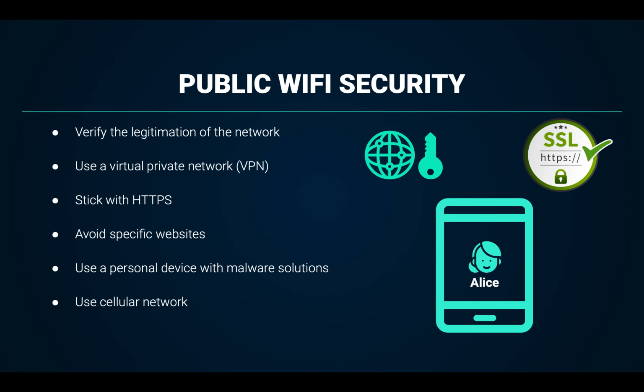In terms of public Wi-Fi security, the first way is to verify the reliability of the network by asking the owner. A VPN can hide the data flow from malicious interception using a private network tunnel. HTTPS is using a very strong public key cryptography to encrypt the connection between a client and a server. No one but the server and the client can know what is being communicated. That requires an SSL certificate. Other practices like avoiding inputting impersonal information and using secure devices are also recommended.